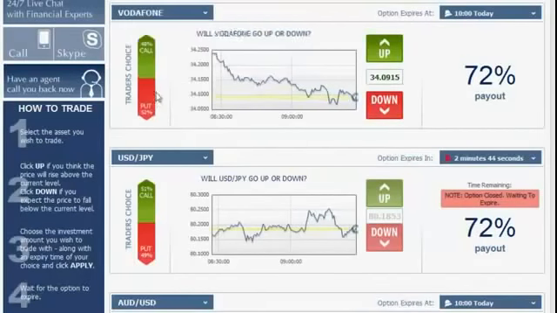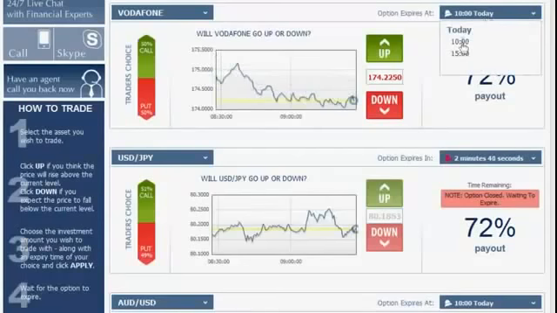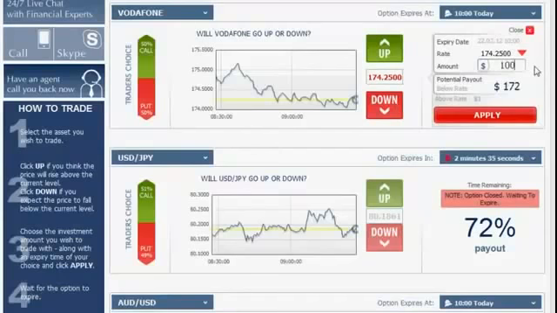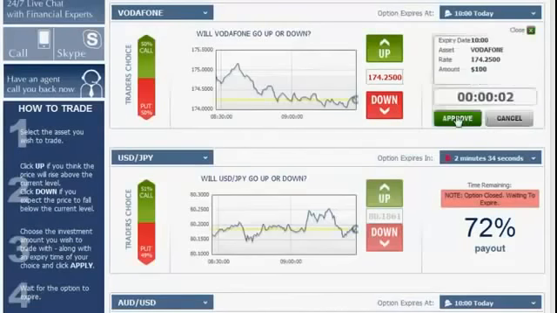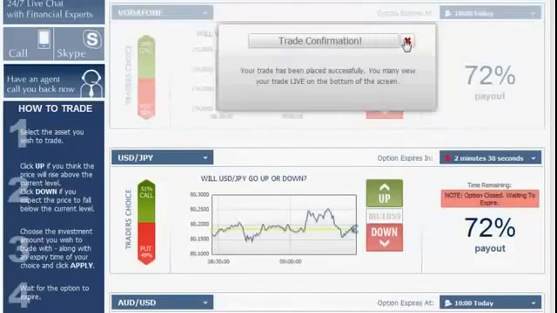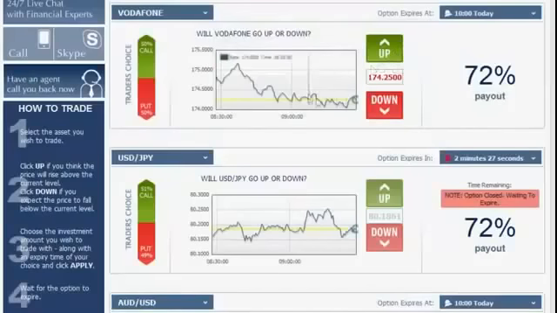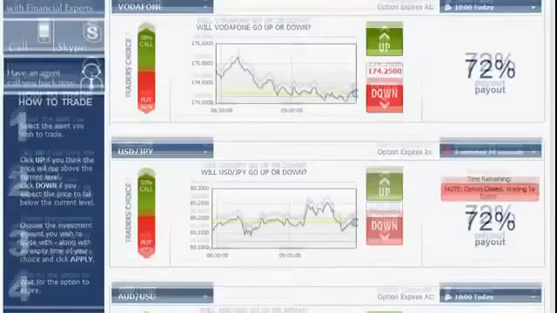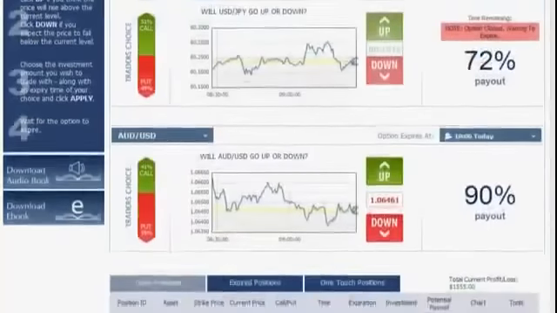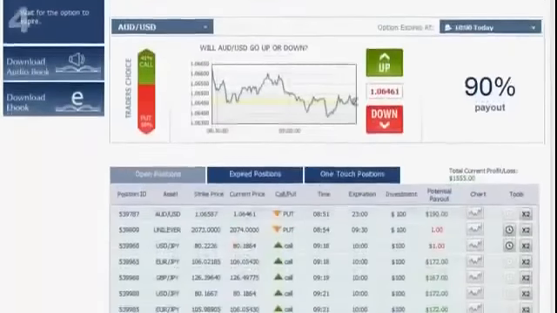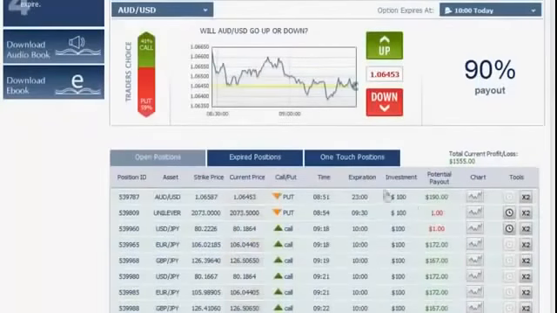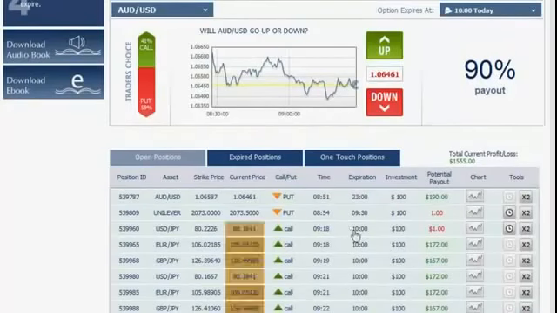right here. We choose our hour. Since it's going down, we click down, enter $100 and apply. Approve the option and exit the confirmation. So by now I have currently opened 7 positions following the significant trends showed by the graphs. Right here we have all of the open positions, and we see here that the expiration hour of those options